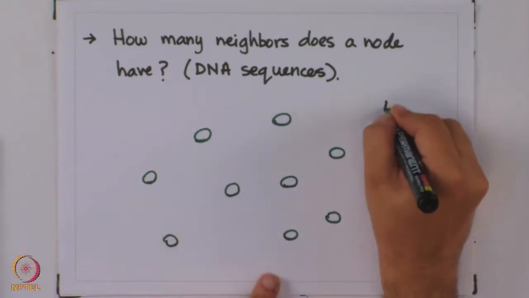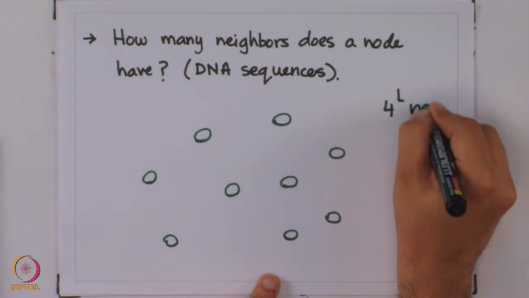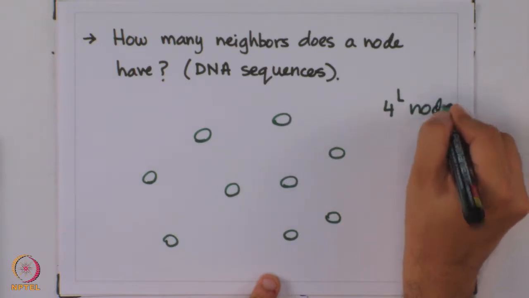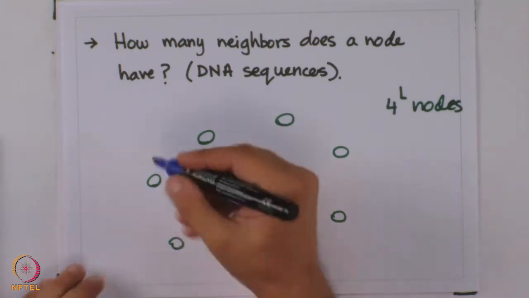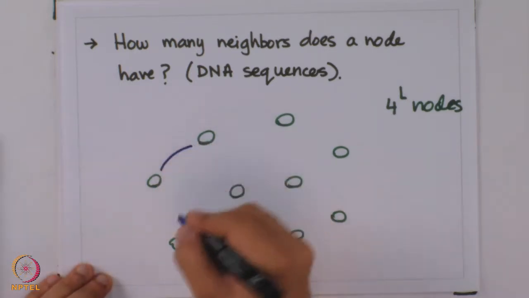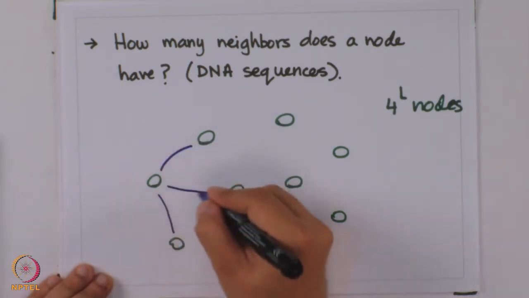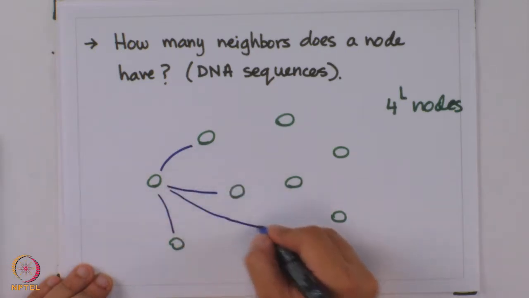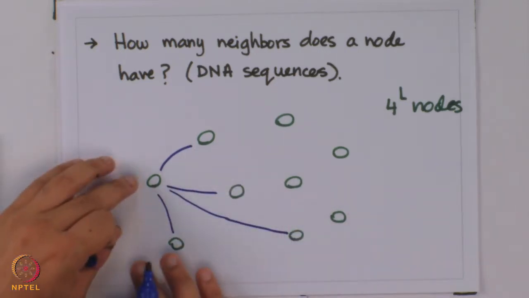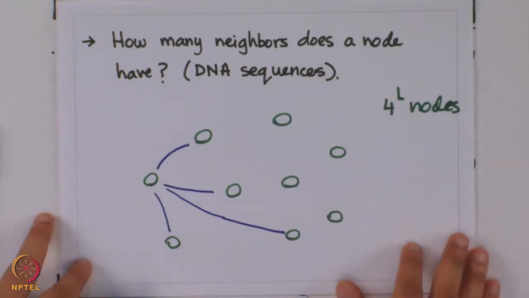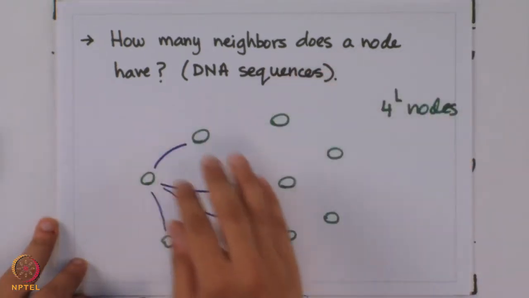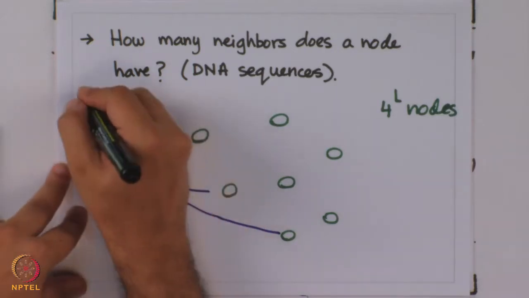We have 4 to the power L nodes, and any node is going to be connected to a subset of these 4 to the power L nodes. A node is not going to be connected to every other node in this graph, but only connected to a subset of them. And the question is, how many neighbors does a node have, or how many nodes